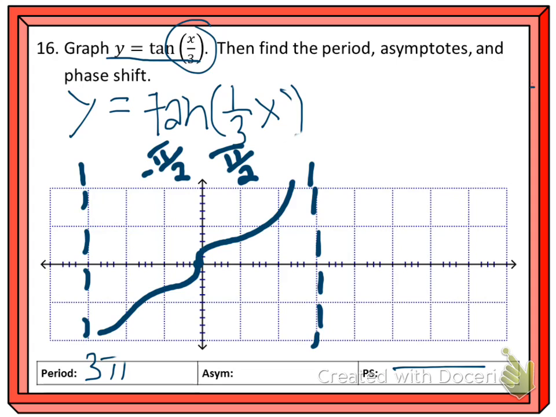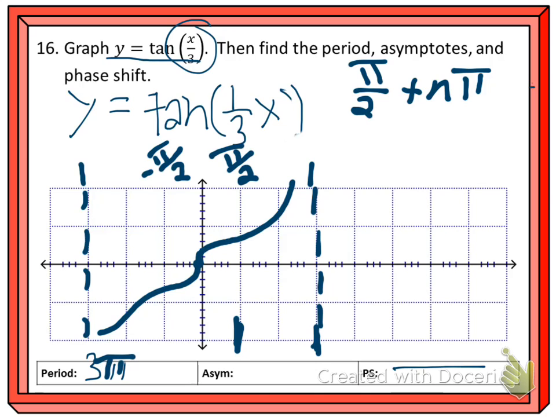Anyway, so write down the equation for our asymptotes. It's usually pi over 2 plus n pi. But our period is different, obviously, so we're not starting our asymptotes at pi over 2, which would be right here. We're starting them here